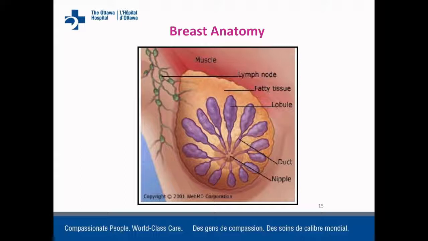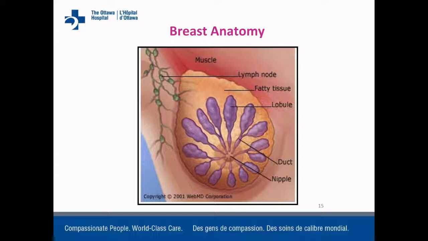Or if you've had both breasts operated on and you had both sides having lymph node dissection, there certainly are lymph nodes that remain. The pinkish area at the top of this diagram is the muscle. And if a woman has a mastectomy, the surgeon removes the breast tissue down to the muscle area. And the muscle on the rib cage is the chest wall area. The yellowy substance is the fatty tissue and the obvious breast tissue that you feel when you're doing a self-exam. The lobules, or these purple ovals, are where the cells are housed that create milk. And of course, the tubular system in the breast is called the duct, or the ductal system, which carries the